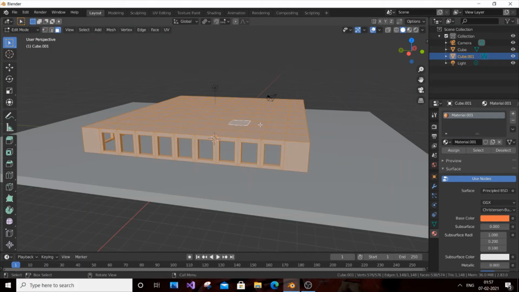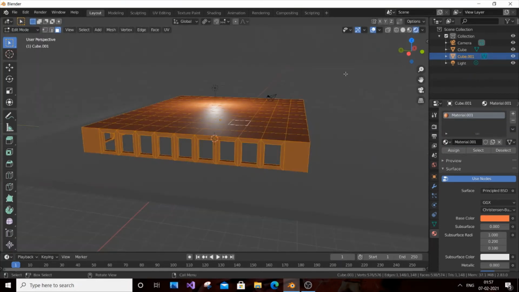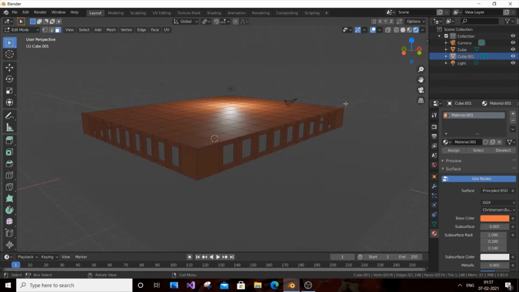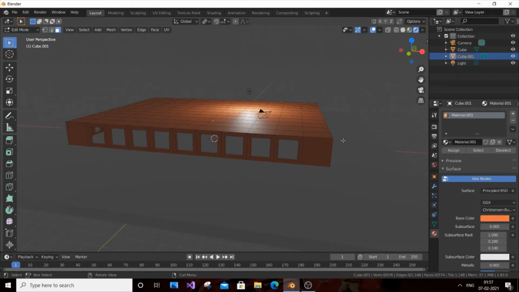So now I think you would understand why we hid the windows by pressing H. If the windows were there, and you pressed A, the windows would have been selected and would also have been in brown color, and we wouldn't be getting our glass. I think that makes some sense. Next, just select assign. Now if we go to the global properties and see, we are getting that brownish color, so that's looking beautiful.